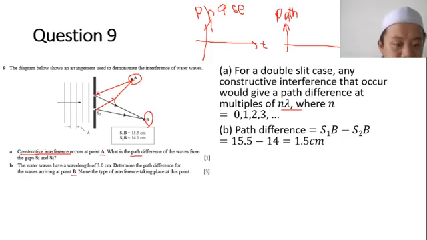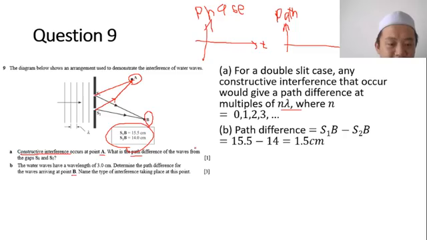Part B. The water waves have a wavelength of 3 centimeters. Determine the path difference for the waves arriving at point B. This is where you use the information here. 50% of you could not answer this question. I don't know why. Confused, maybe. Point A, point B are hard to see because you are looking on a phone, it's small. On a big paper it's bigger. So the path difference is 1.5